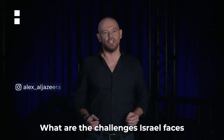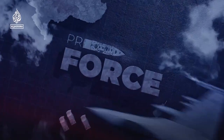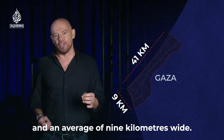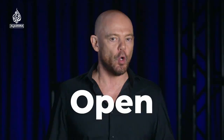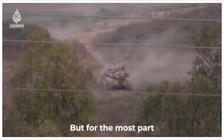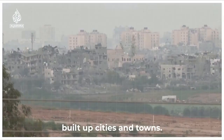What are the challenges Israel faces in a ground assault on Gaza? The enclave is some 41 kilometers long and an average of 9 kilometers wide. Highly urbanized, it also has wide open spaces, mainly used for agriculture, to help feed the 2.2 million people being held there. But for the most part, Israeli soldiers will have to move and fight through densely built-up cities and